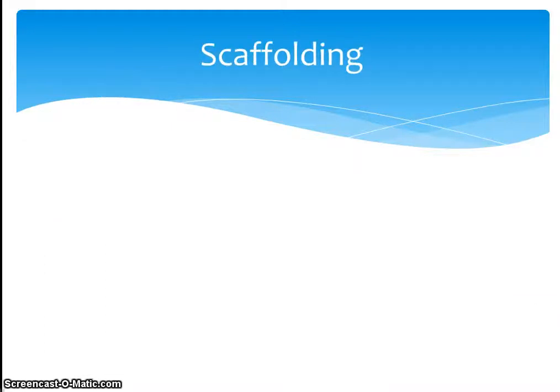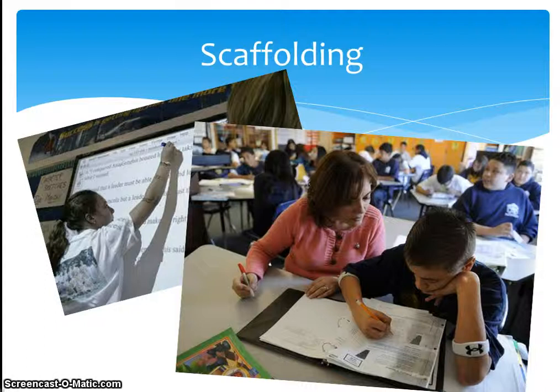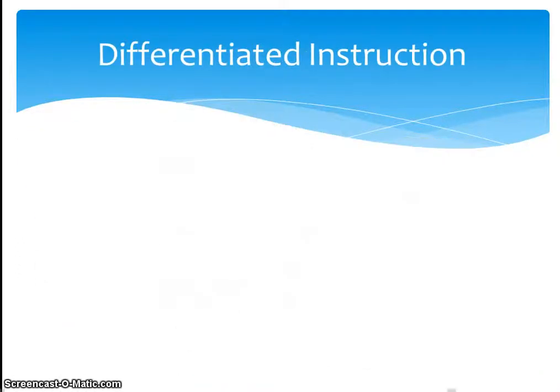Scaffolding. So what exactly is scaffolding? Scaffolding is provision for assisted performance. Common elements of scaffolding include task definition, direct or indirect instruction, such as the pictures on the screen, and provision of materials, equipment, and facilities. Effective scaffolding makes two major contributions. It makes it easier for the learner to undertake a task successfully, and it extends what is possible for the learner to perform and thus expands their ZPD.